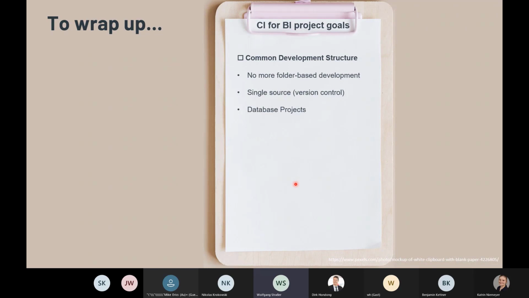What else did we change? Well, database projects. We shifted from direct, database-connected development to declarative database development, with database projects having the state of your database in the source code. You can deploy, and Visual Studio does the magic in the background to do the schema compare and only updates the versions and the artifacts that are required to be updated. For the automation, Azure DevOps